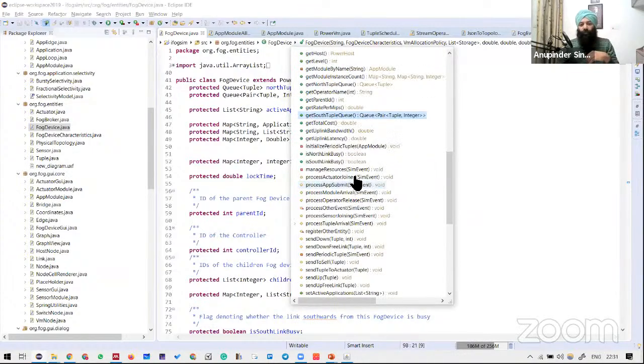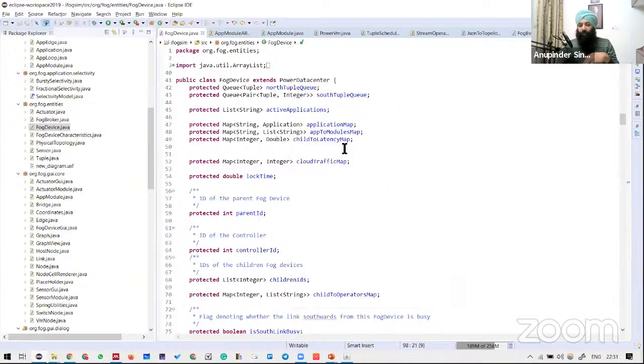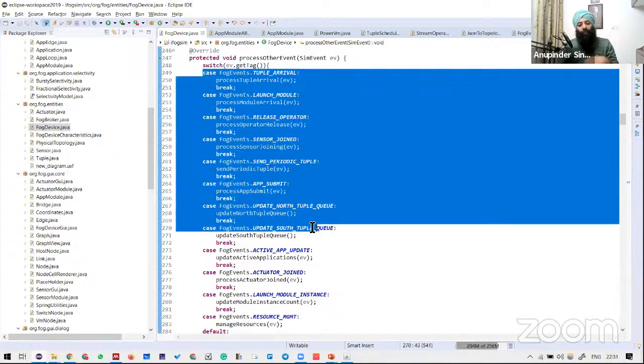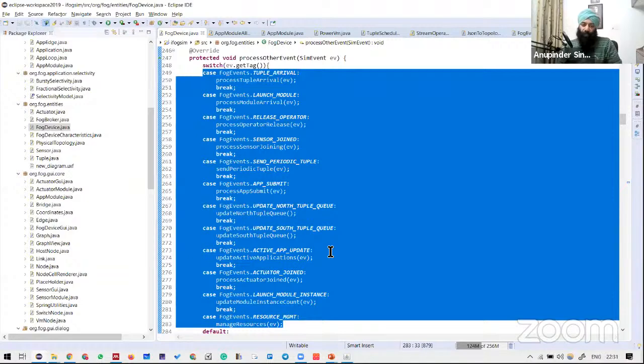So let me take you to one particular function, that is the process other events method. If I take you to that particular part, you will be able to see and appreciate that these are some set of events that are being handled by the fog device itself. So fog can do a tuple arrival, launch module, release operator, sensor joined, send periodic tuple to other modules which are available on the other fog nodes, app submit, update not tuple queues,